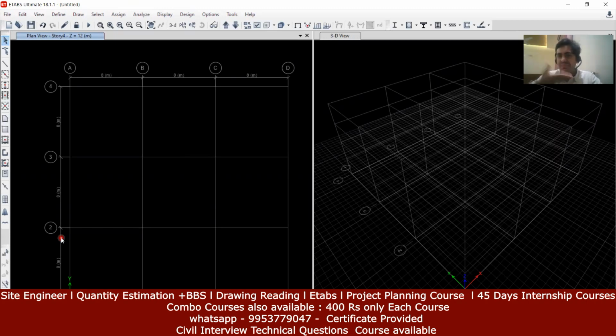I have only X and Y. If it is a 3D, I'm going to get even the Z axis as well, right? Yeah. So this was just about the overall view of how the ETABS software looks